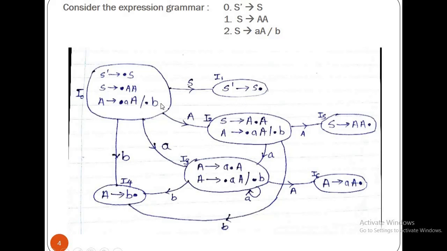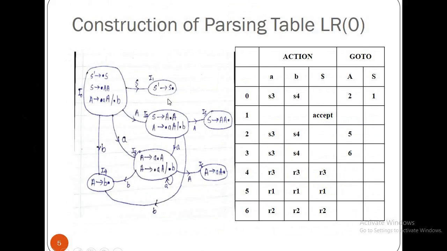This is how the LR0 automata is created. Let's say for example, if we take into consideration transition on I0 state after obtaining capital A, this state will move the dot by one position. As capital A is there after the dot, you need to add the CFGs which are giving expansion of capital A as a closure in this state, and this will give you the set of rules in this particular state. This is how this transition diagram is drawn.